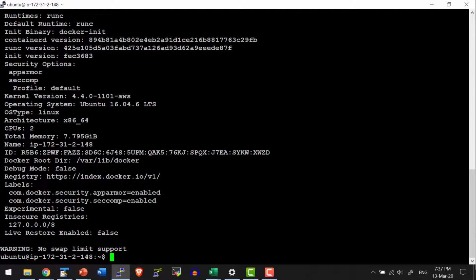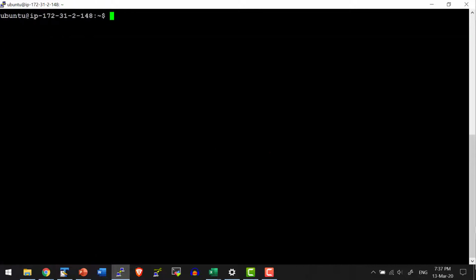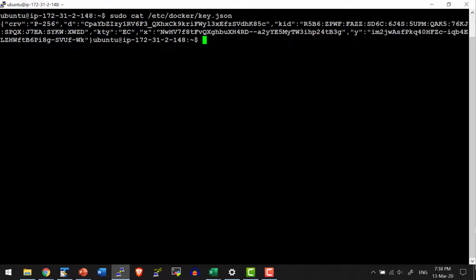Before creating the AMI, I need to take care of one specific file, that is /etc/docker/key.json, which has a key that will be used to communicate between the systems within the cluster. So when I create an AMI, all the systems that I create from the AMI will have the same key. So I can go ahead and remove this particular key.json file, and whenever Docker is started, if the key is not available, it is going to create a random key specific to that instance, so that every system will have a different key and there will not be any conflict within the keys.